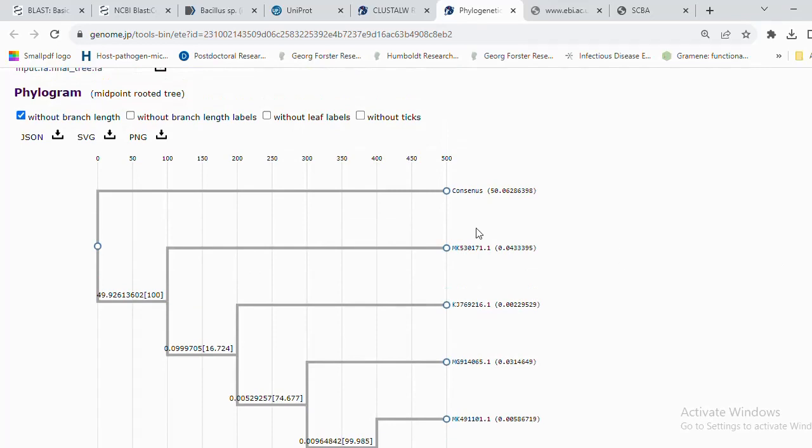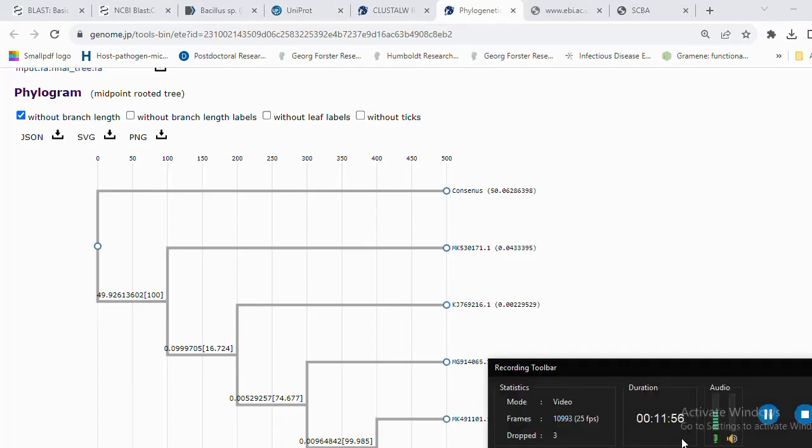So in this way, you generate your phylogenetic tree. You can download it as PNG. If you download this, you can actually print it out. So in this way, you'll be able to build your phylogenetic tree. So in the next one, we look at protein. Here we looked at nucleotide. In the next, we look at protein sequences, and we'll see how we'll be able to generate all these sequences, query our proteins,